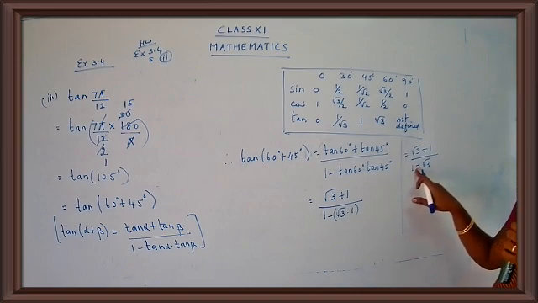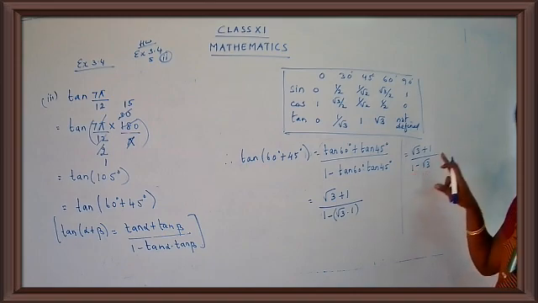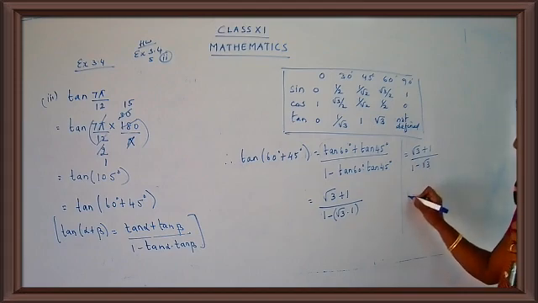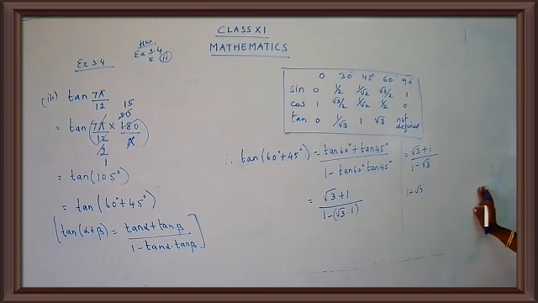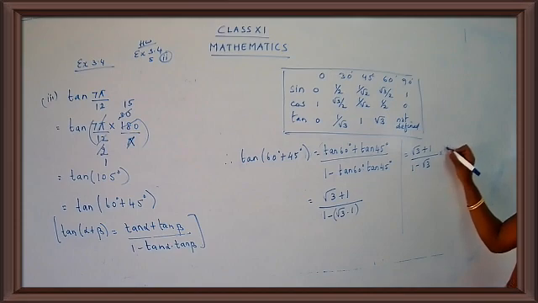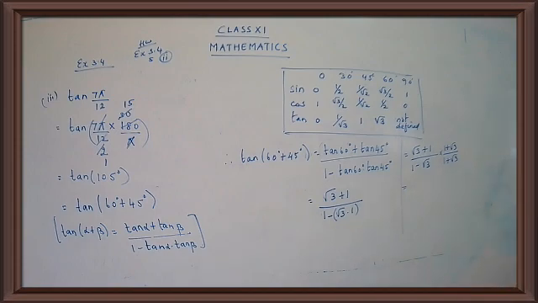Now this is minus. Yes, children? It's 1 minus root 3. So what will be the conjugate of it? The conjugate will be 1 plus root 3. What is the conjugate of 1 minus root 3? It will be 1 plus root 3. So you are going to multiply and divide by 1 plus root 3, so 1 plus root 3 upon 1 plus root 3. Come on children, go for the multiplication. Multiply the numerator and multiply the denominator.